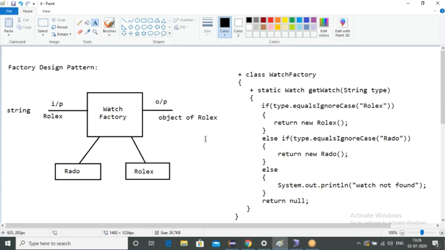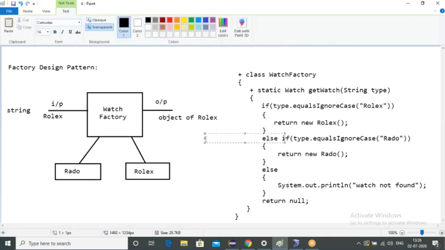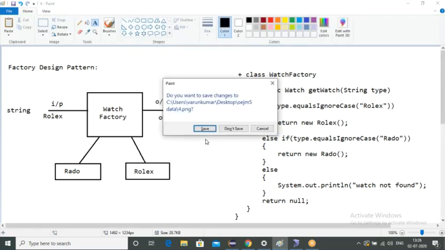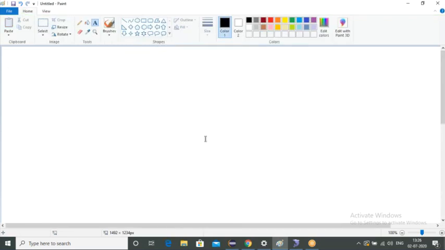Okay, hope so, guys. Everyone done with this code, right? Done. Okay, done. Now, guys, write down a small heading: abstraction.